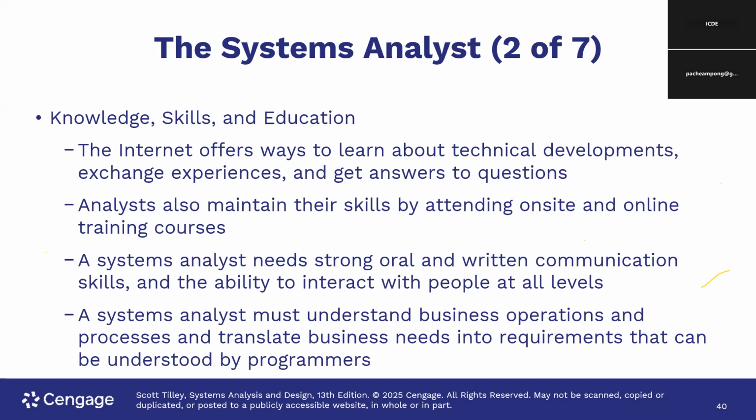You should also have certain knowledge, skills, and education. A successful system analyst needs technical knowledge. You need oral and written communication skills. You need to understand business operations. Like we've gone through all the business operations we've checked on. Business to business, business to consumer, consumer to consumer. You should be able to know this. You should know how it operates. You should be a critical thinker. Okay.